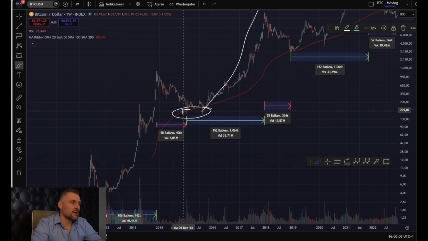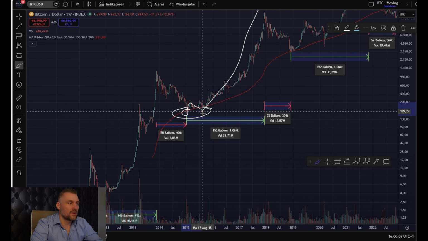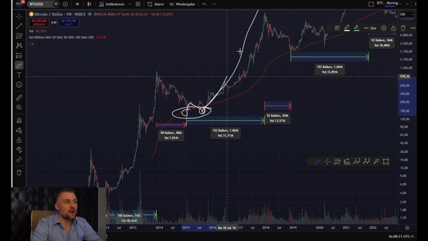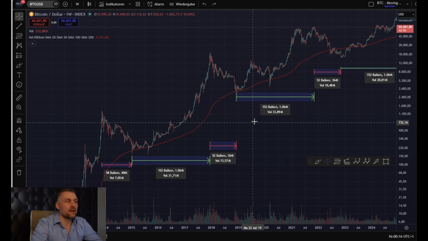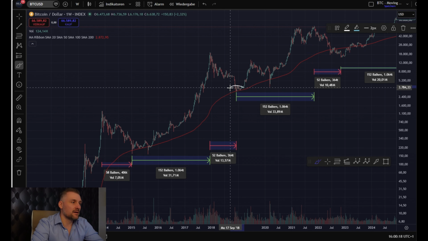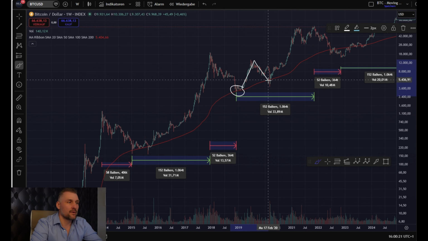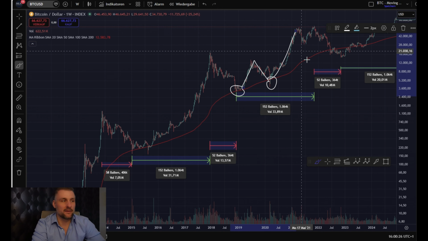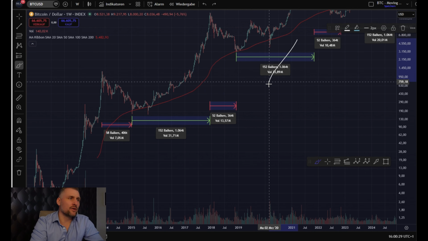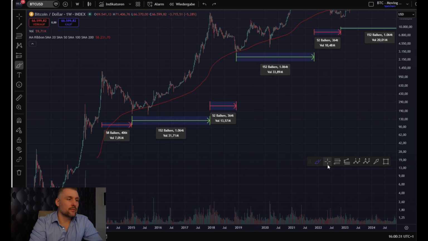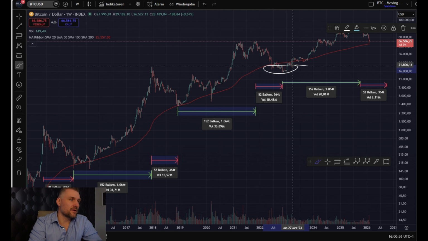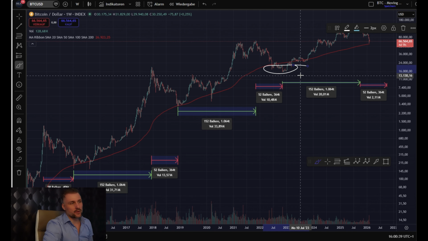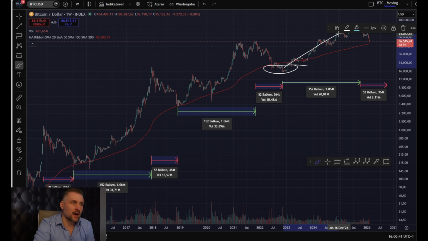As you can see here, it's below that level, shoots up, then quickly retests the levels below and shoots up again. And we see the same behavior in the cycles afterwards. And as you can see here, it shoots up, comes back again, goes below, and shoots up again, back again. And what's also really interesting here, okay, this time here was the longest time where Bitcoin remained below the 200-week moving average. But anyway, it shot back up.